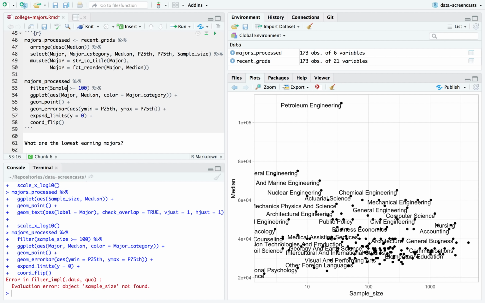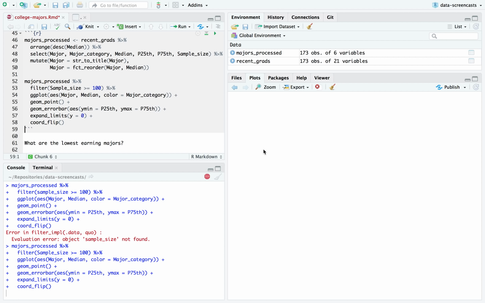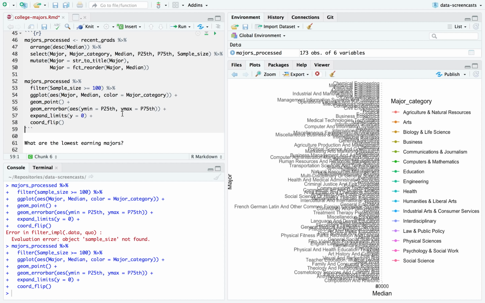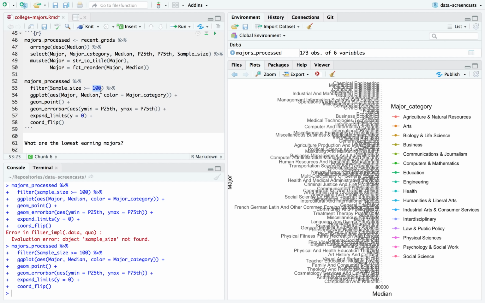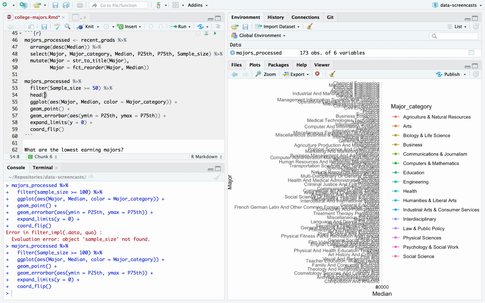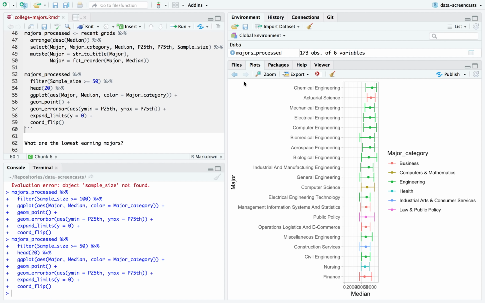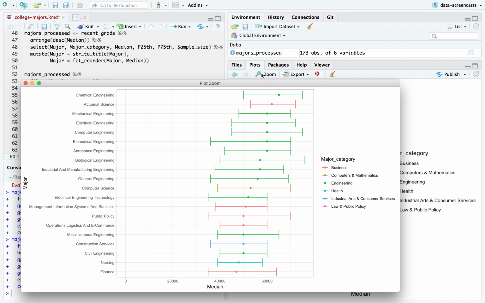This is always going to be, there's going to be some judgment calls. There's always going to be questions, people saying, oh, why did you show only that many? Can't fit 100 on one graph. Good to know. If I can't fit 100 all in one graph, I'm going to change the threshold to 50 and do head 20. All right, and